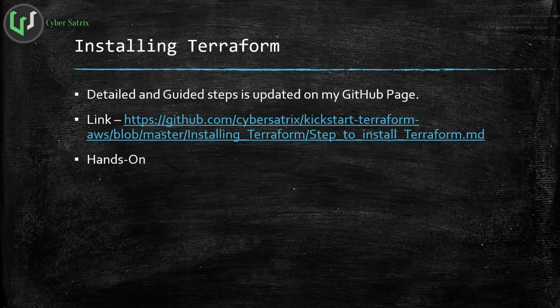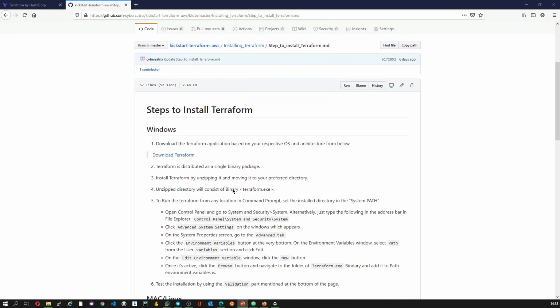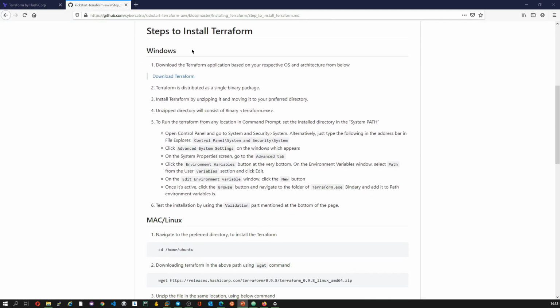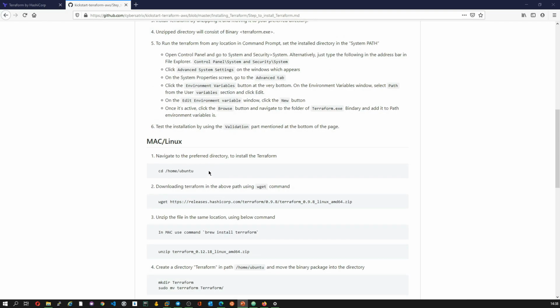Let me quickly show my GitHub page. This is my GitHub page where you can see the Kickstart Terraform AWS repository under my GitHub page called Cyber Tricks. In this, I have provided the steps required to install Terraform on Windows, Mac or Linux operating systems. Okay, so let's quickly move on to the hands-on.